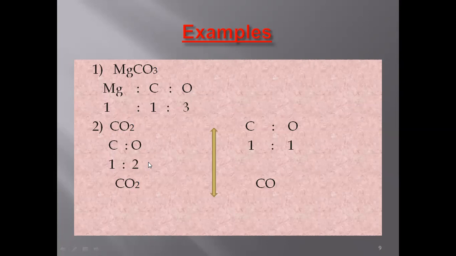Now keep in mind, whenever a particular compound is formed, the combining ratio of the elements always remains fixed. If the ratio of the elements is changed, then the compound formed will also be changed. Like in this example, if carbon and oxygen combine by the ratio 1 and 2, the compound CO2 is formed. If carbon and oxygen combine by the ratio 1 and 1, the compound CO, carbon monoxide, is formed. So in a particular compound, the actual whole number ratio remains fixed, it remains constant, it can never be changed.